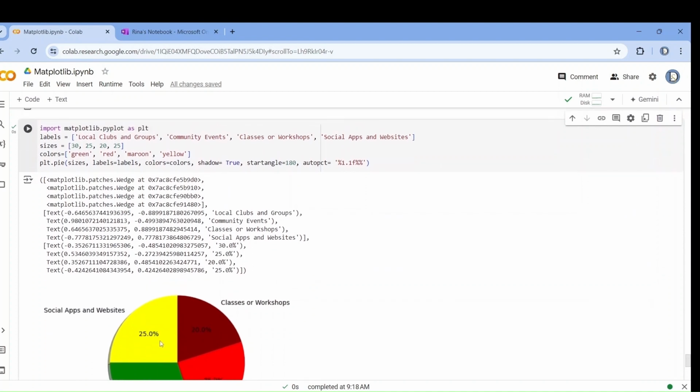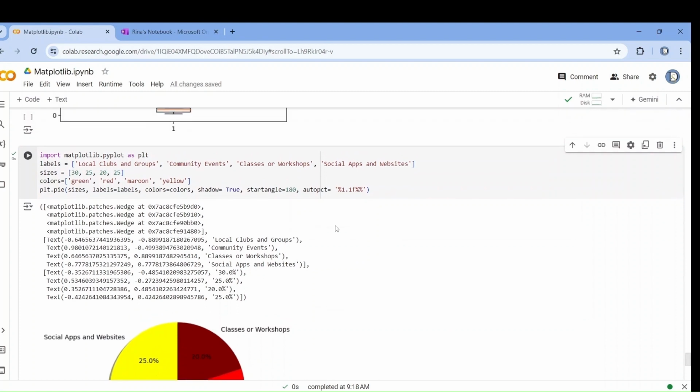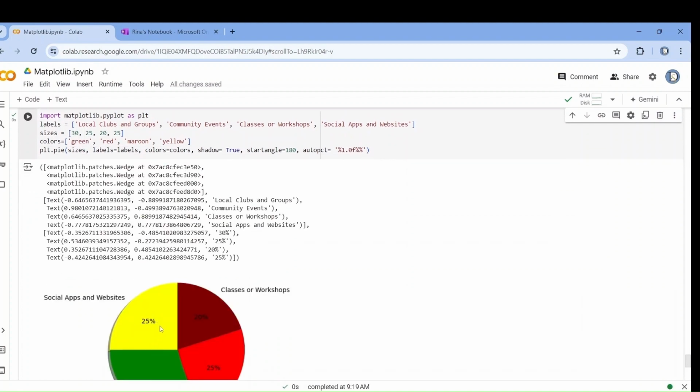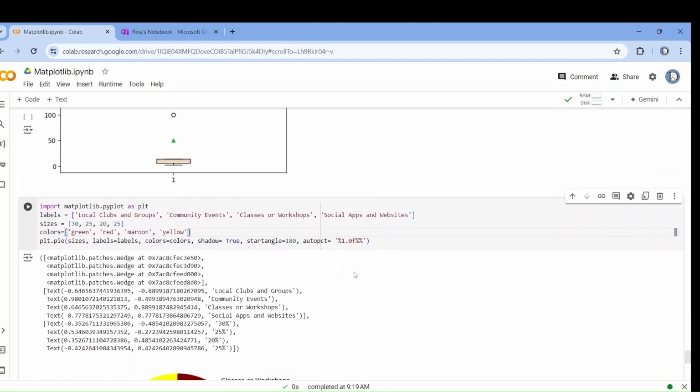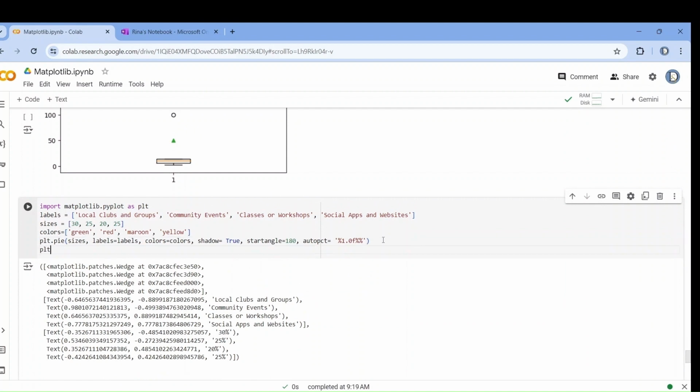Otherwise, you can represent like 25.2, 20.3 by giving 1.1. Okay. If you don't provide, you just provide 1.0, then it will be in single digit 25%, 25, 20%, 25%. Okay. Now, there are so many technicalities. You can just remove them by writing